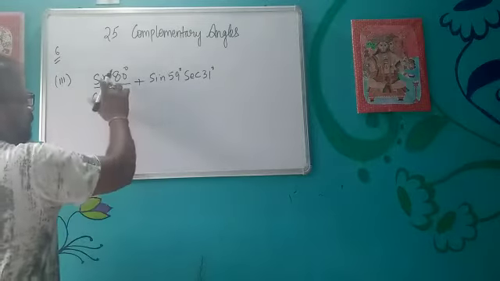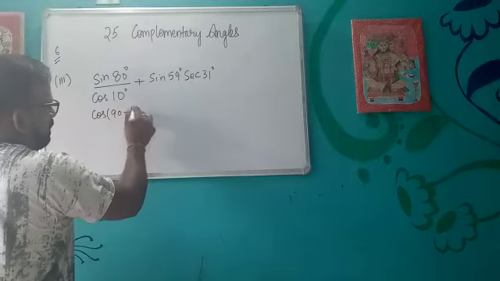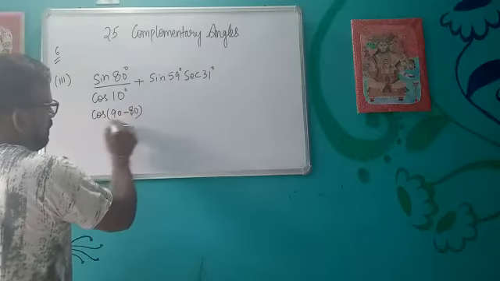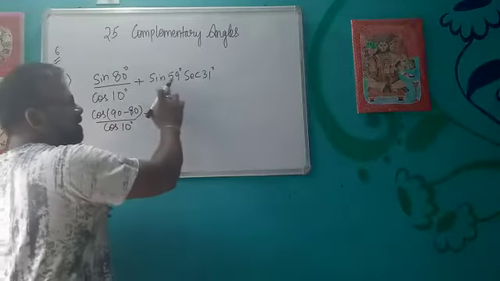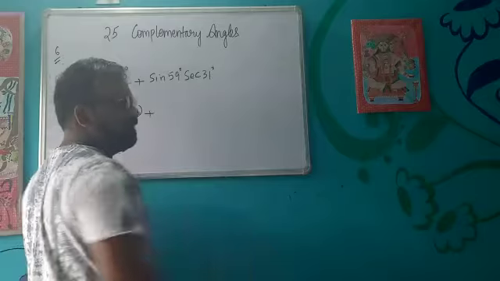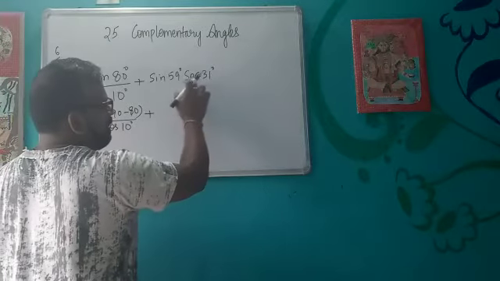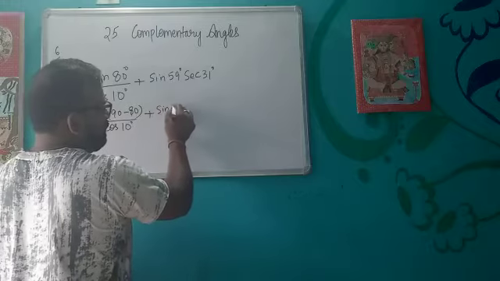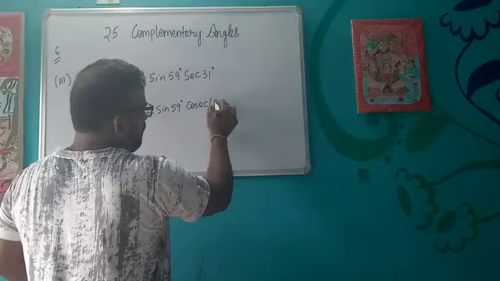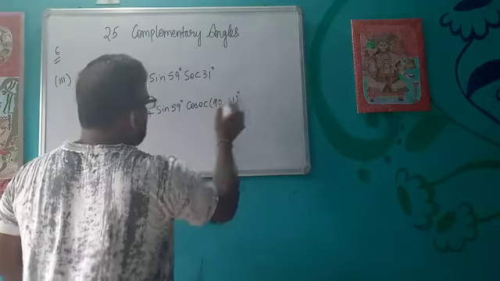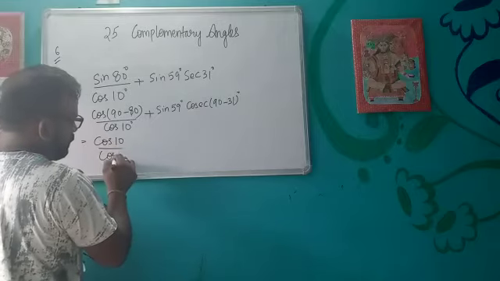Again what we will do, we will replace this sine by cos 90 minus theta upon cos 10 degree plus, now this is 59 plus 31, which is again 90 degree. So we will change either sine or sec. Suppose you change this sec, so what will you write? Cosec 90 minus 31 degree. So it becomes cos 10 degree upon cos 10 degree